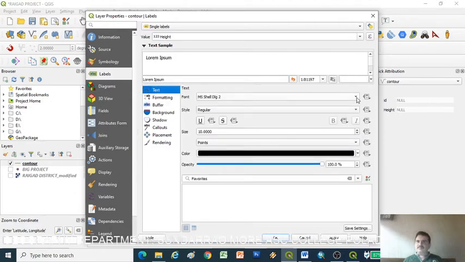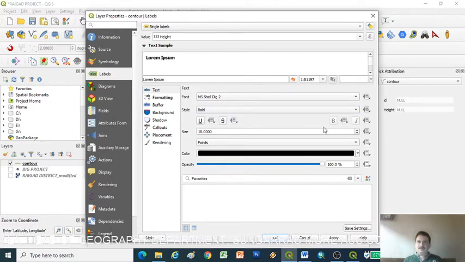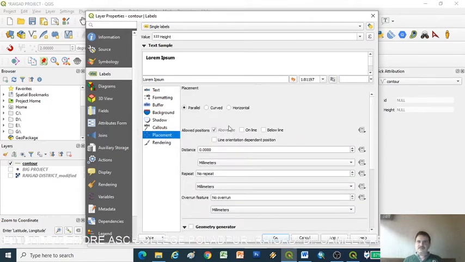Maybe I can change the font of that specific figure. We can change the style, say bold, okay. Then placement means the figure shown on the contour, we can change its place, okay.